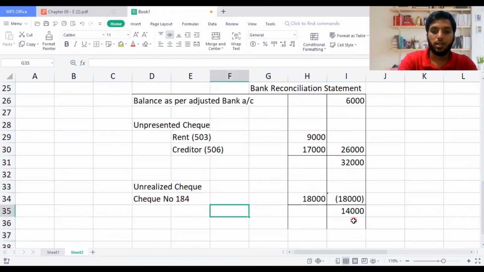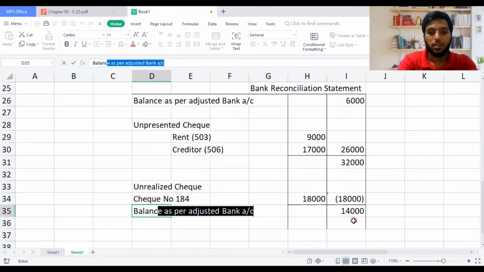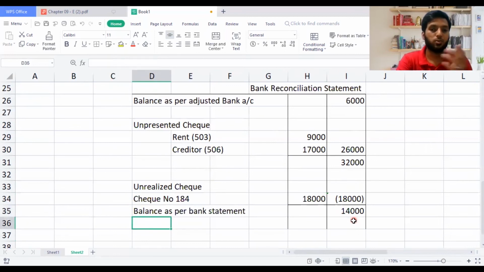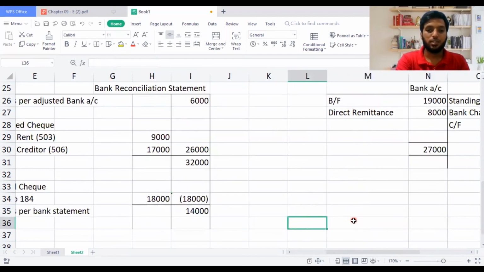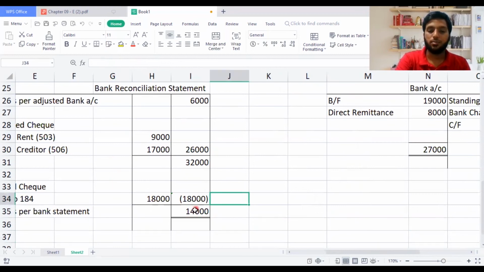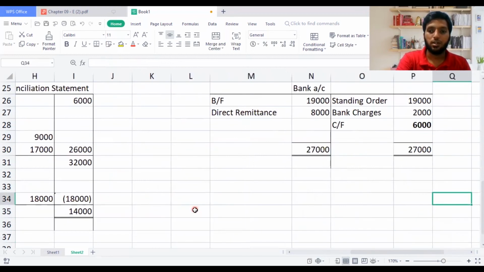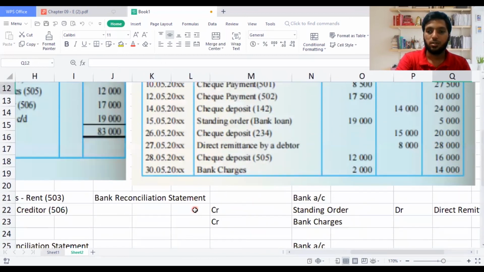So now I'm going to write balance as per bank statement. Now I'm going to see, is this the balance they have shown on the sum? Just one shot, guys. I did this just to see. I didn't even try it with you, but I just did it. I hope this is going to be the same. 14,000 is equal to this 14,000. You see, it's magic. So we have done it completely, 14,000 of the bank statement which you are seeing.